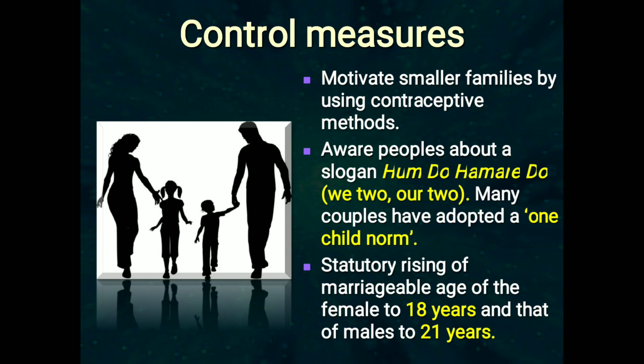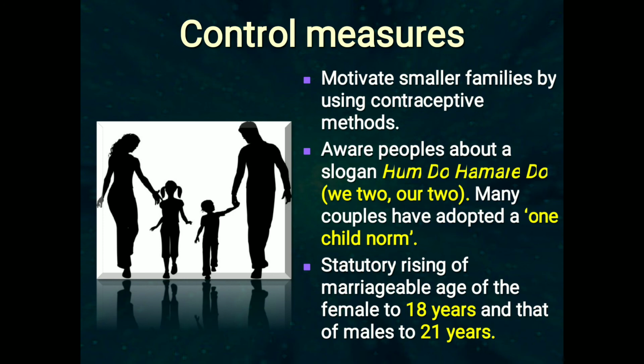Hum do, hamare do, we two, our two. This comes under family planning. As I said, each family should have two children. So hum do, hamare do, or we two, our two. Many couples have adopted a one child norm, one child principle. There are many orphanages where the children are orphans, so instead, we can adopt the children present in